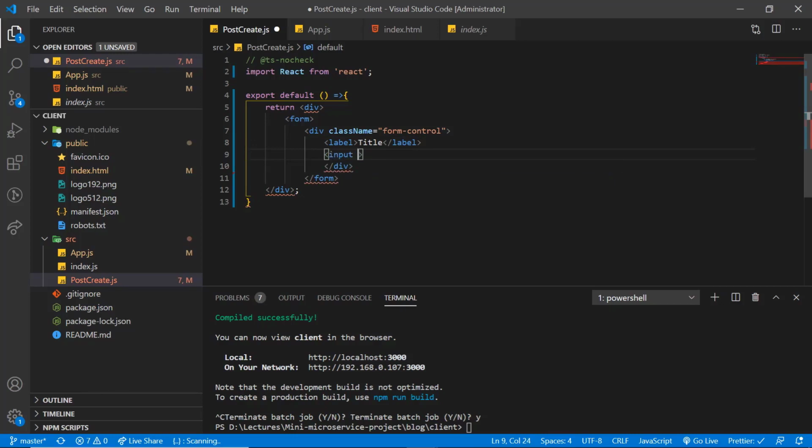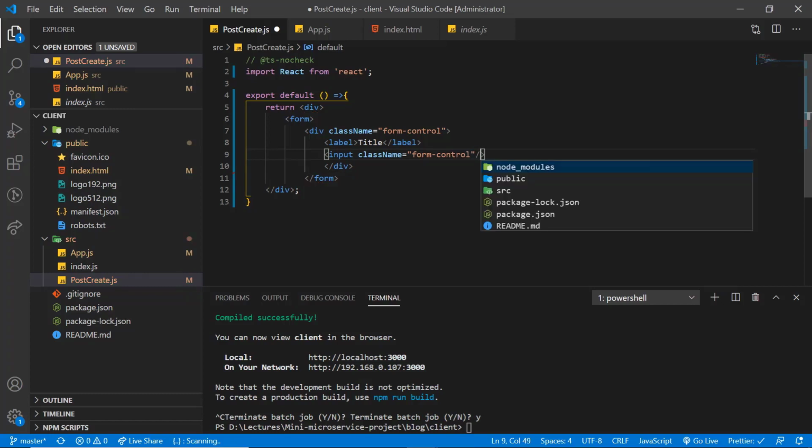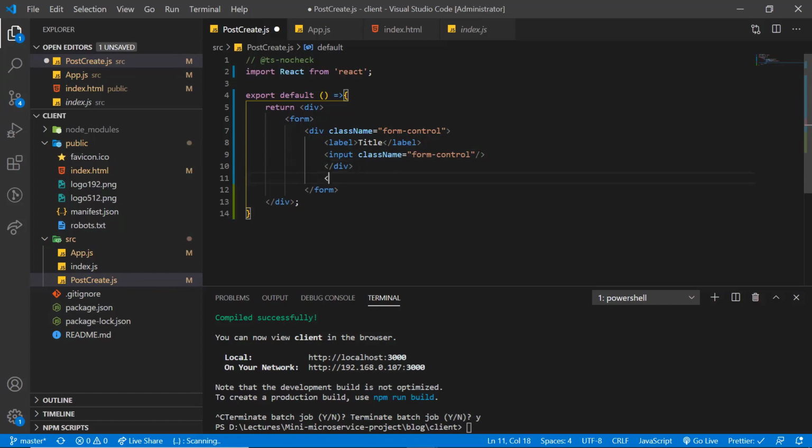An input box. In the last, let's add a button.